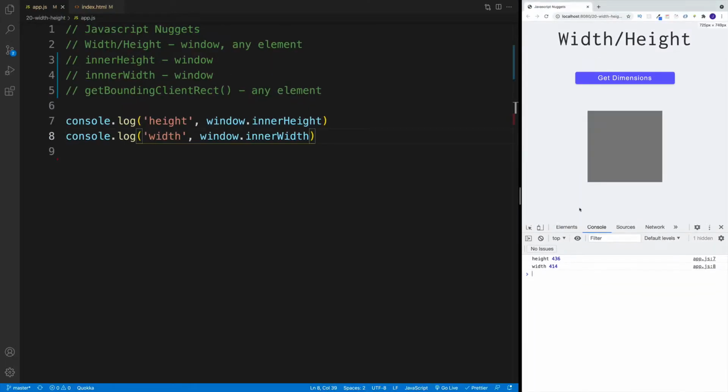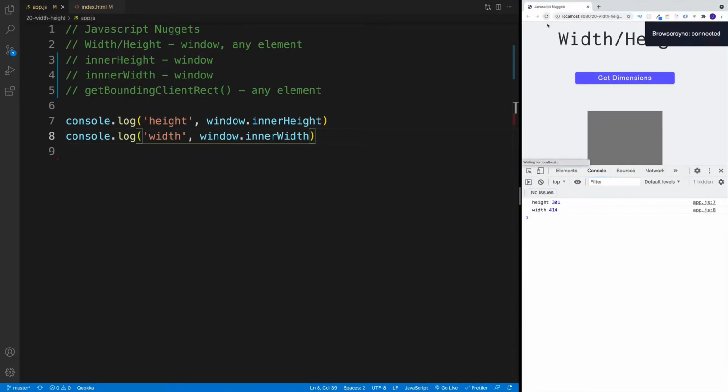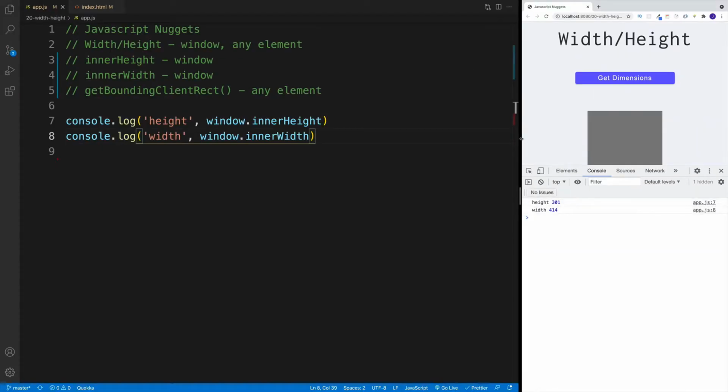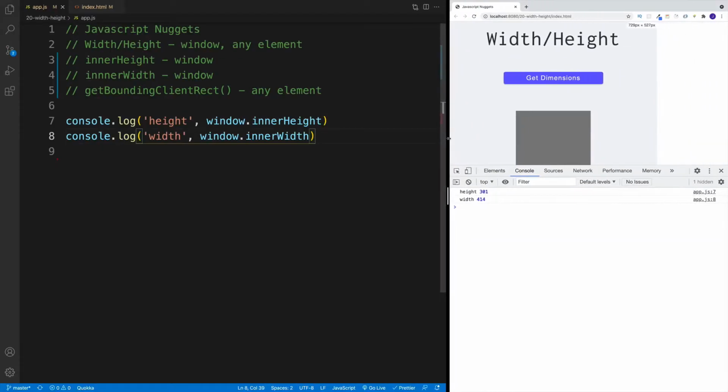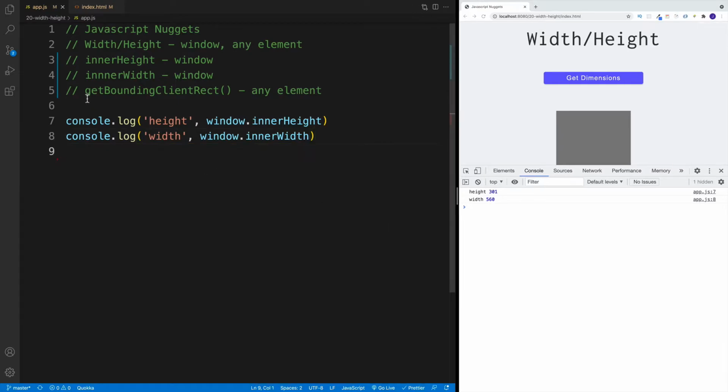So if I change the height by making my DevTools bigger, then once I refresh, now the height of the window is going to be smaller. And the same way, if I make the screen size bigger, now the width value will also increase. Hopefully that is clear. And then a very, very useful one is the method by the name of